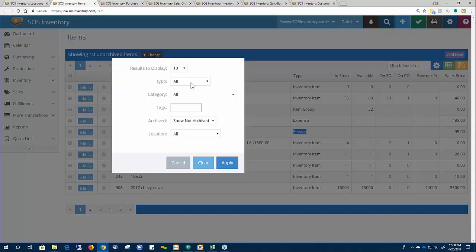You can filter by type, category, the tags. You just type in the tag you want. You can show by either whether it's archived or not archived. We have a lot of clothing manufacturers that are using this feature because they have different lines. They have fall, summer, winter, and maybe the only one they want to have showing to their salespeople right now are the summer lines. So they'll archive all the fall and the winter items and not have to worry about